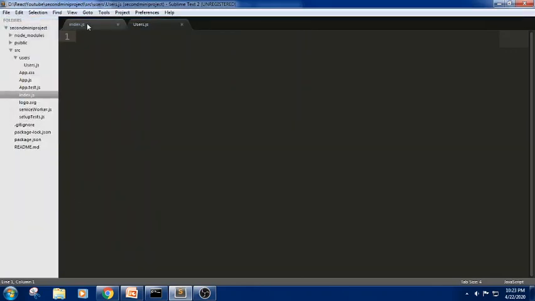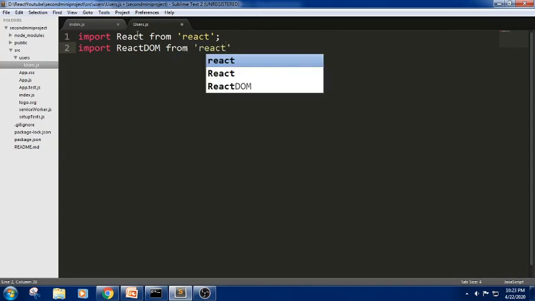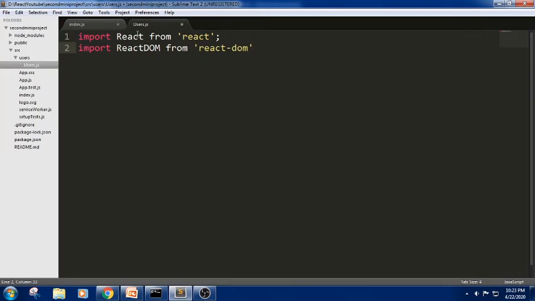In this file, I am going to define the class component. Let me write the import statements. I am using two import statements here, React and the component, which we will be using in the class.